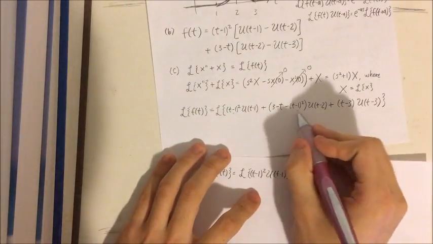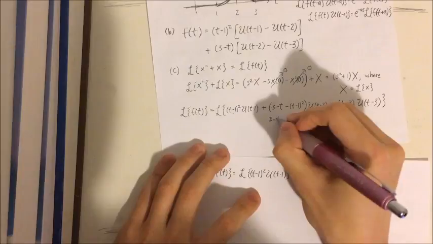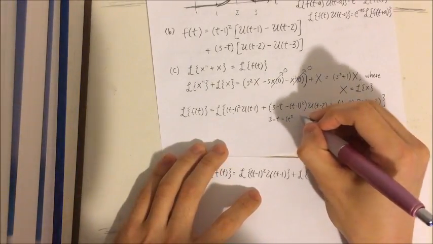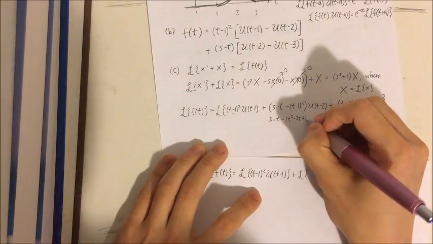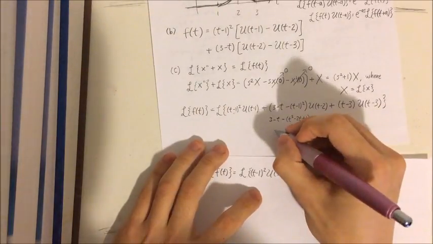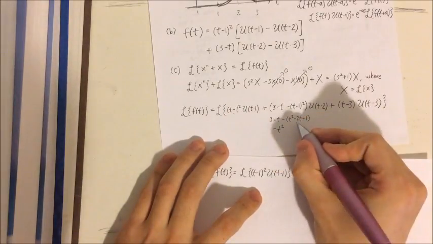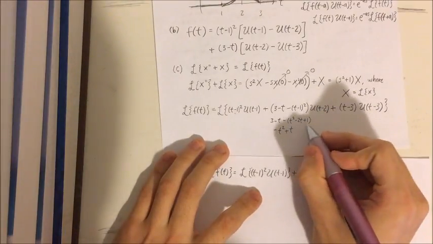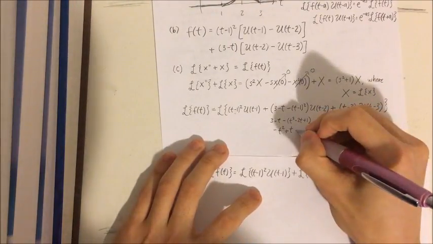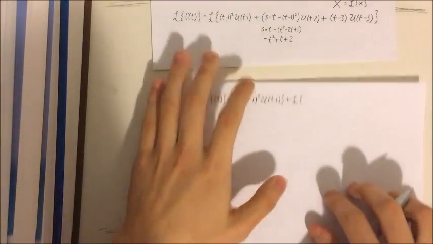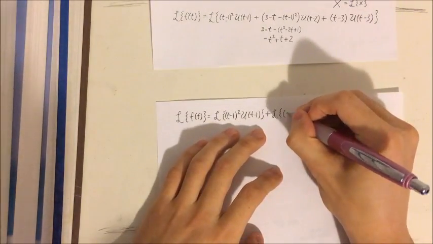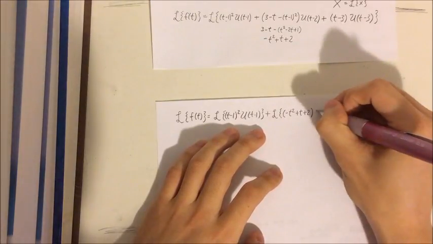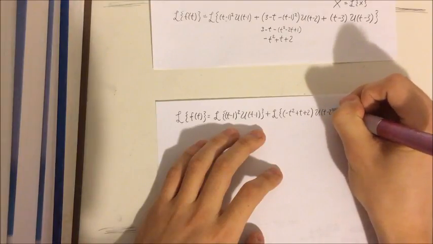First let's simplify this a bit. 3 minus t minus 1 squared, well, t minus 1 squared is t squared minus 2t plus 1. So if we distribute the minus, we get negative t squared, plus 2t minus t, we get plus t. We got negative plus 1, so that's minus 1. 3 minus 1 is plus 2. So having simplified that out, we got negative t squared plus t plus 2 u of t minus 2